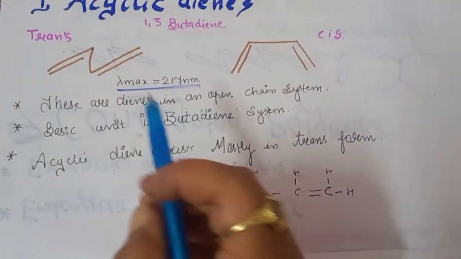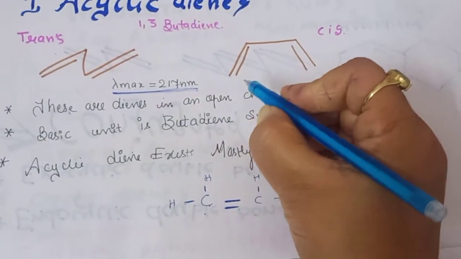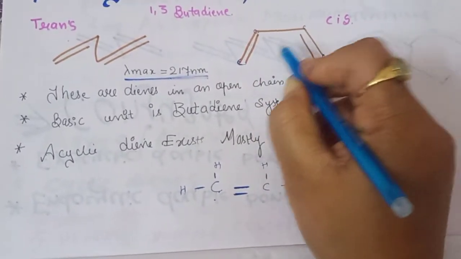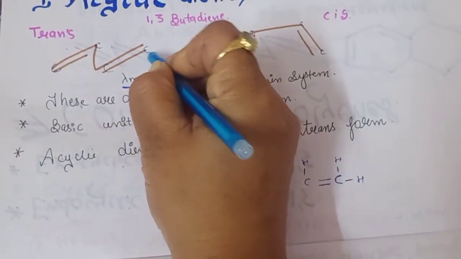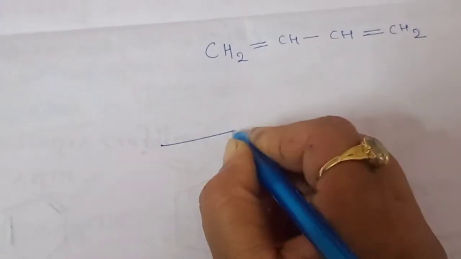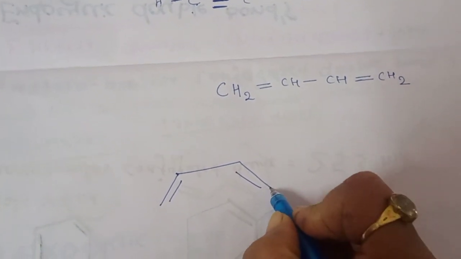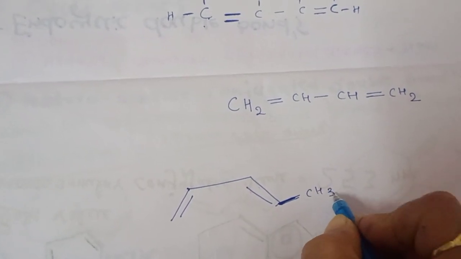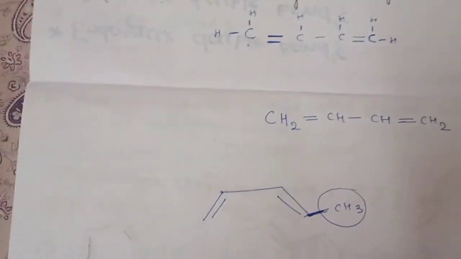Either we can write it in the trans manner or we can write it in the cis manner. So here also you can see this one carbon, this one carbon, this one carbon, and this 4 carbon unit. Either you can write in this manner, this is 1 carbon, 2 carbon, 3 carbon, and 4 carbon. Suppose you have to add one substituent here, so this is a cis form. Suppose you are adding one substituent here, it can be written as CH3. So in place of one hydrogen, by removing it, you can add one substituent also. So this is bond line notation.